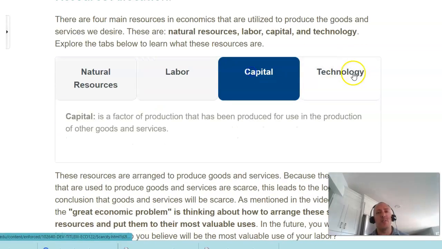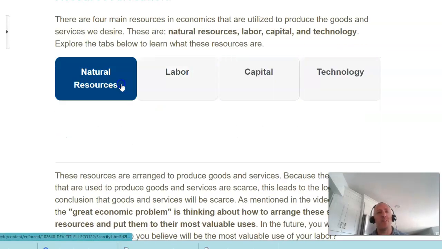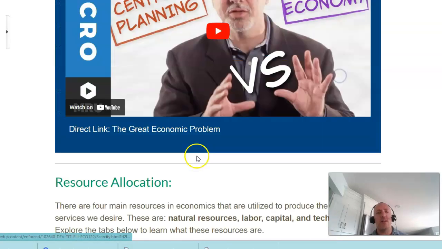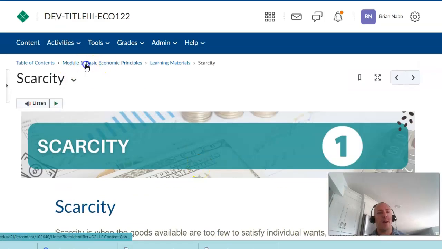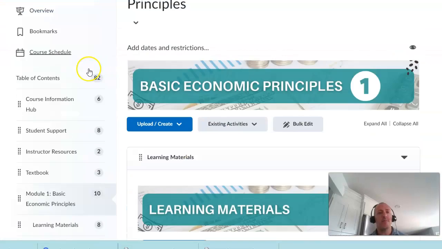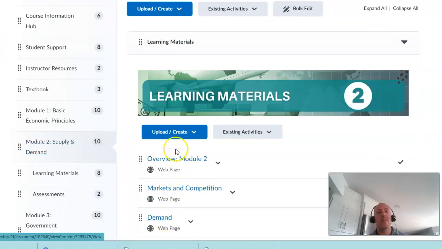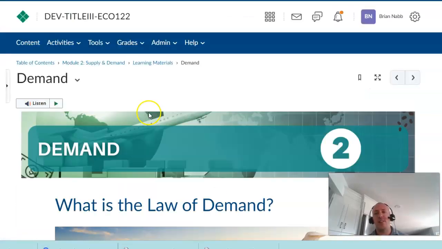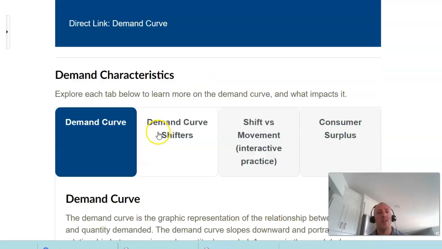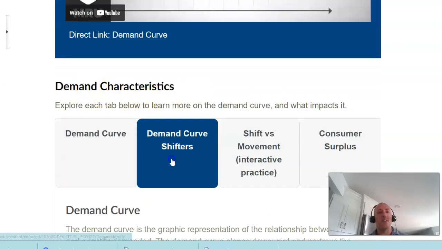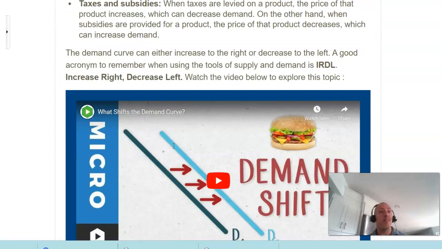You'll want to toggle between anything that has tabs, giving you a definition, or as you'll see in Module 2, not just brief definitions, but also some of the characteristics, again with videos embedded.